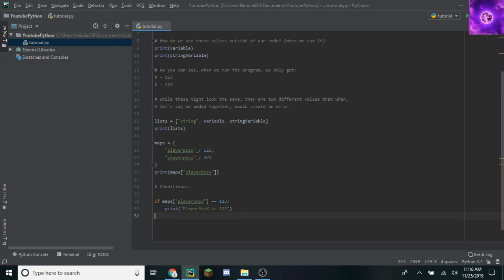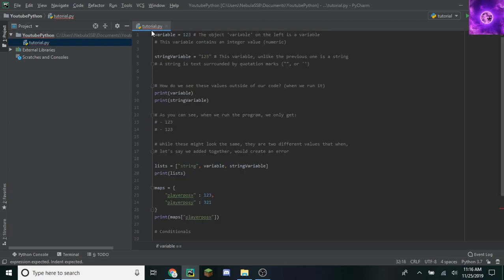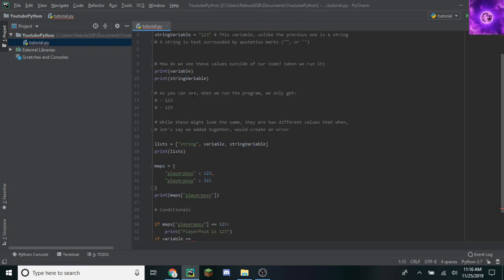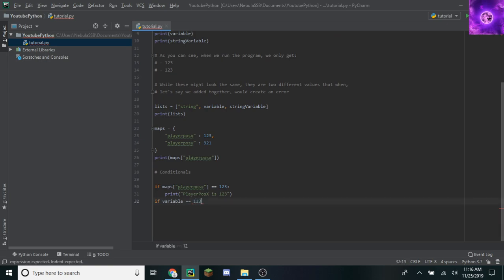Now we can also do that for any other value. So let's say variable. If variable equals 1, 2, 3, because that's the value, then do this. However, if you want to make it more complex, then you can do if variable is above 120.